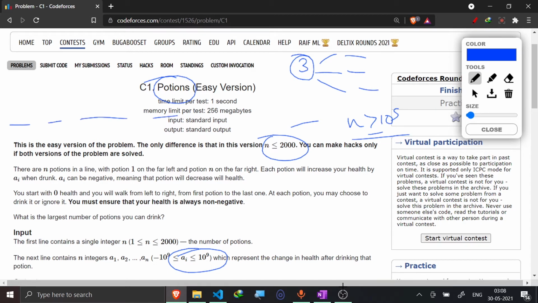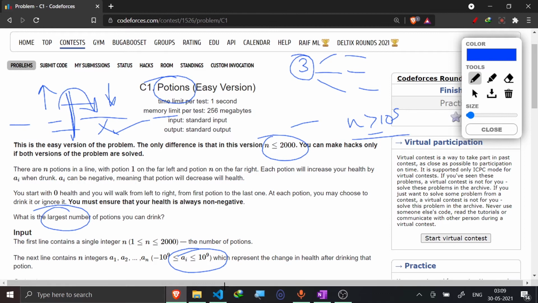Basically, you would be given some sort of energy drinks, and after drinking each drink, your health could either increase, remain constant, or decrease. And you have to tell that after reaching this position, can you drink this or not? Because if till this position your health was positive or greater than zero, after drinking this, it could be positive also, it could be zero also, and it could be negative also. So if it gets negative, then you definitely cannot drink this. But if it remains non-negative, you could drink this. And in this way, you have to find the maximum number of these cans you could drink.